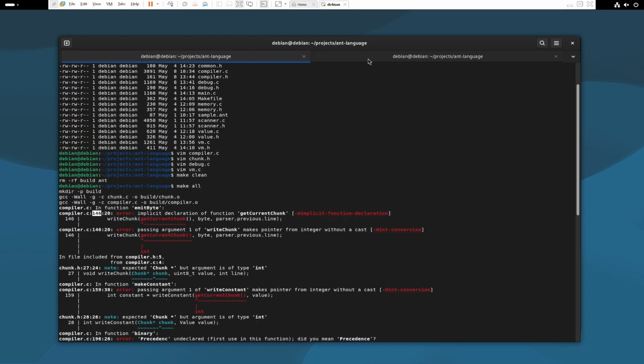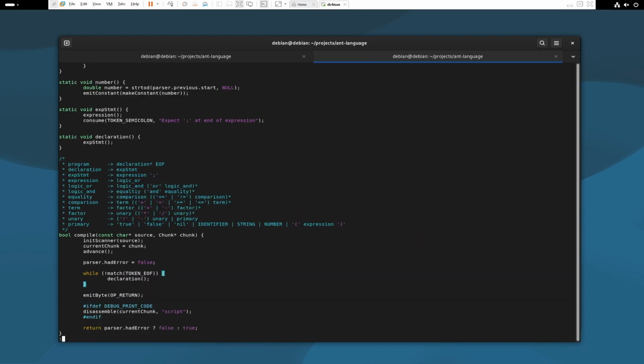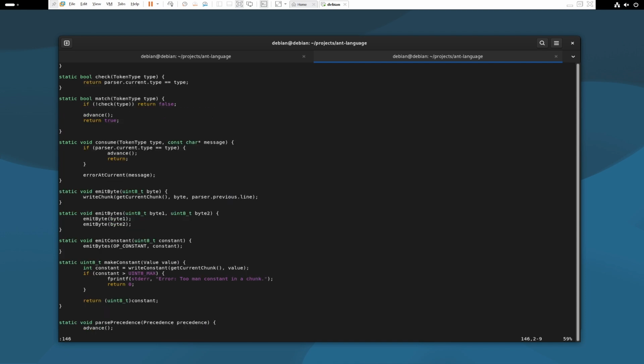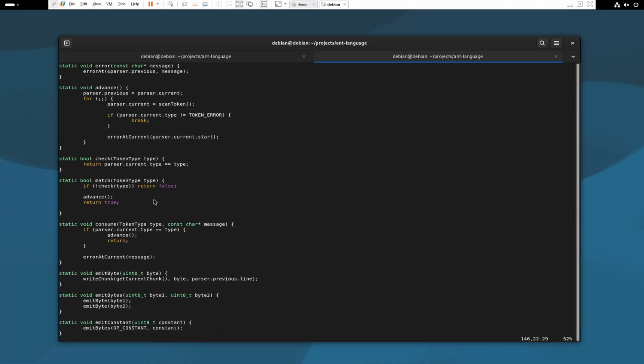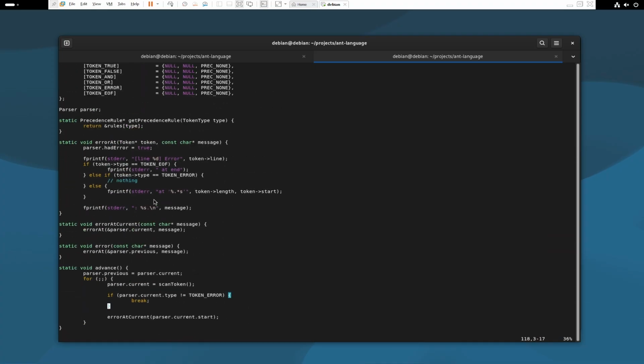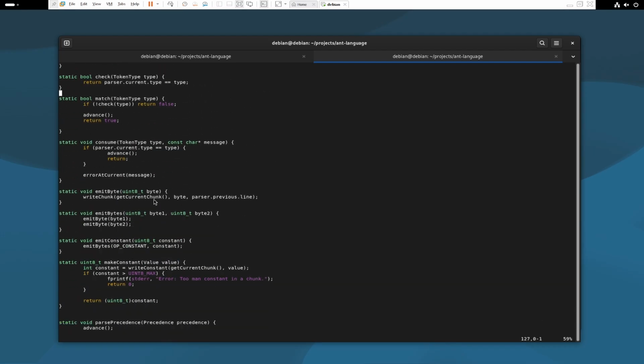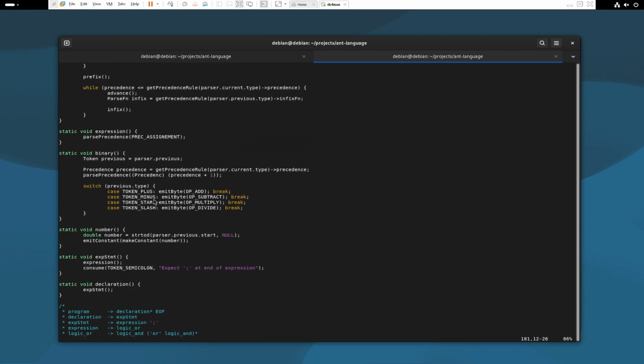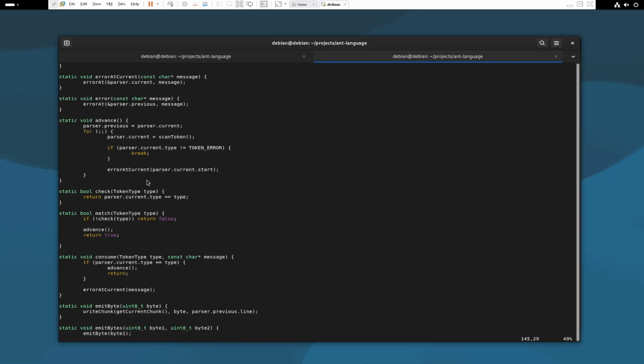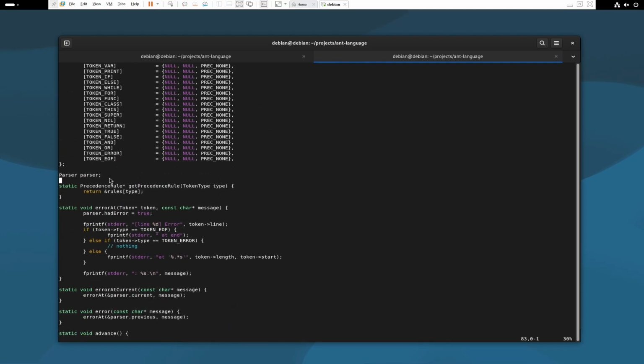In 146 we have get current chunk. So get current chunk, I think I didn't define it. So let's search about that. Get current chunk. So I need to declare